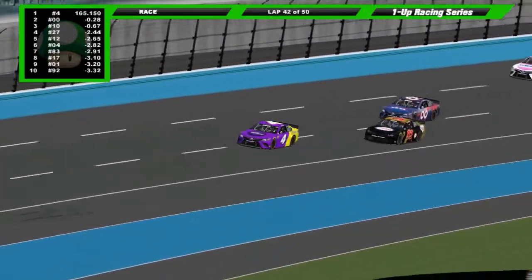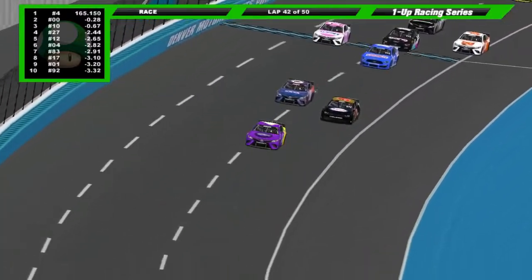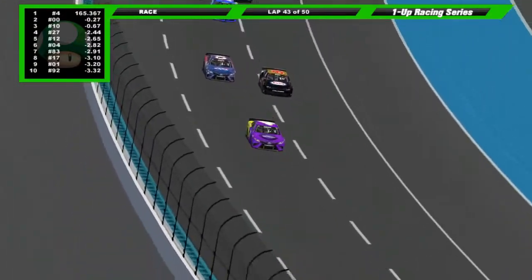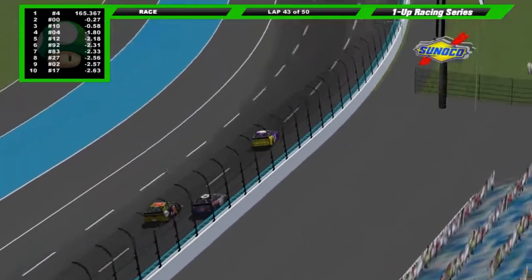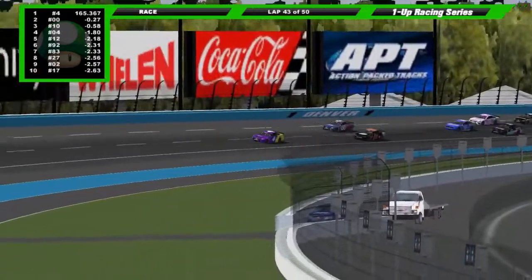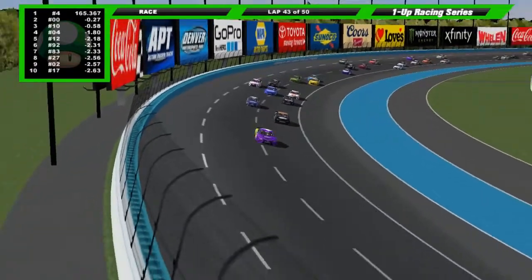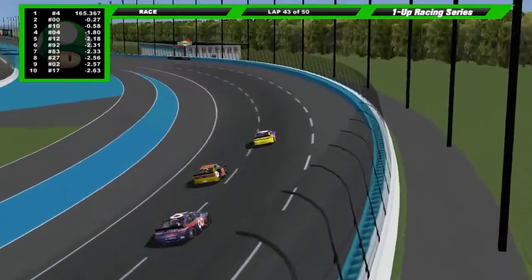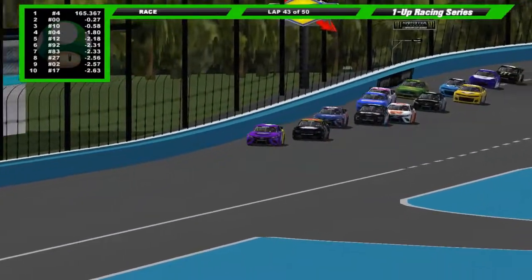We're back under green now, and notably, William Brock has passed Sam Denoto for 2nd on the racetrack. It's not for position. Brock's a lap down, but critically, it goes to show you the fresh tires on these lap cars are paying dividends. And look at the pack, the swallowing up. They've already swallowed up Kason Cooper. He's swallowed back to 8th place. And I think Justin Hutchinson's going to follow him because